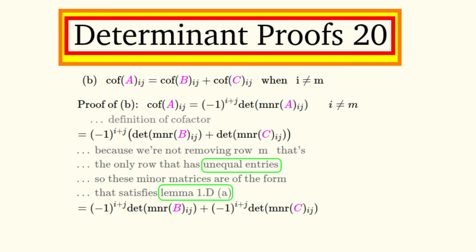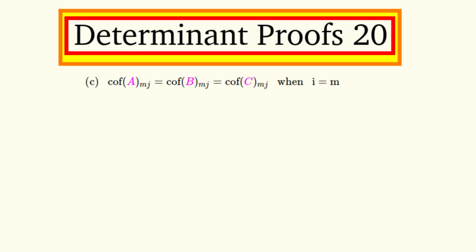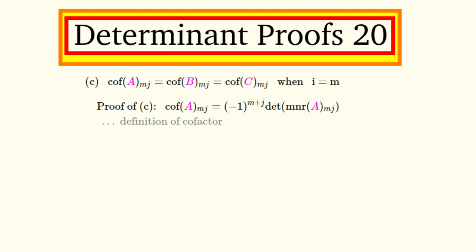We can then expand the brackets giving us this expression. So then we can use the definition of cofactors in the forwards direction this time to get the result which proves part B. So now to prove part C, which is the last part of this proof, we'll prove this equality. To prove this statement, we'll start with the left-hand side and expand it out using the definition of cofactors